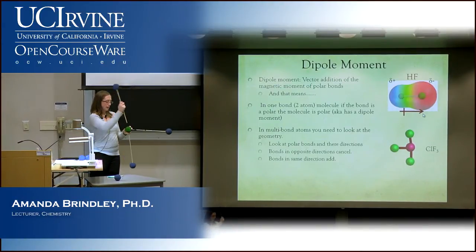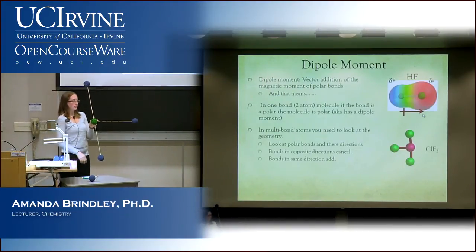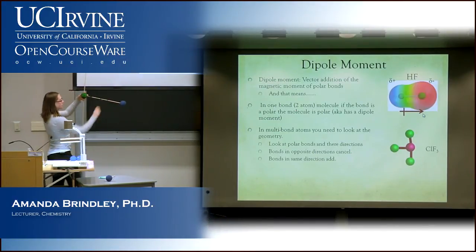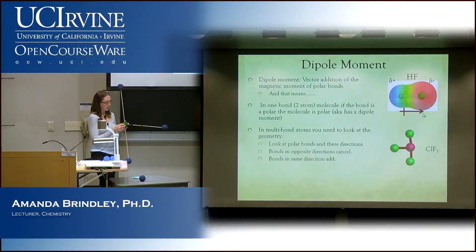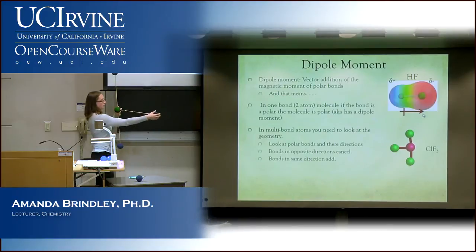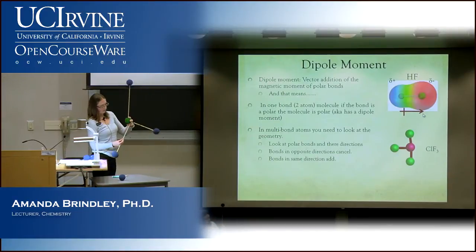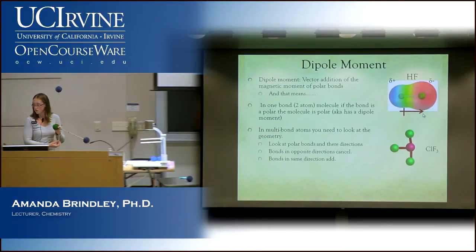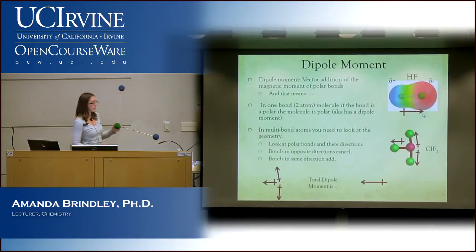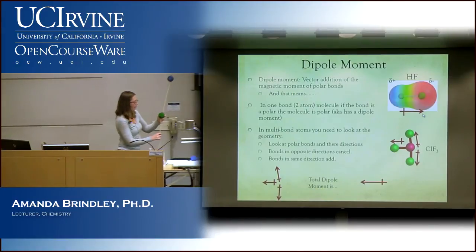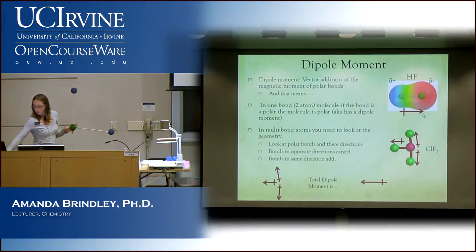Yeah. Let's build it back again. In which direction is that dipole going to be? That way, yeah, we'll point that way, right? Because this one and this one cancel. The fluorine is more electronegative, so your partial positive would be here, the plus sign of your arrow, and your delta negative would be over here. Okay? All right. So you can think of it like that without having to think of it as vector addition, or if you really like the physics and the math aspect of it and want to think of it as full vector addition, you can do that too. Okay.